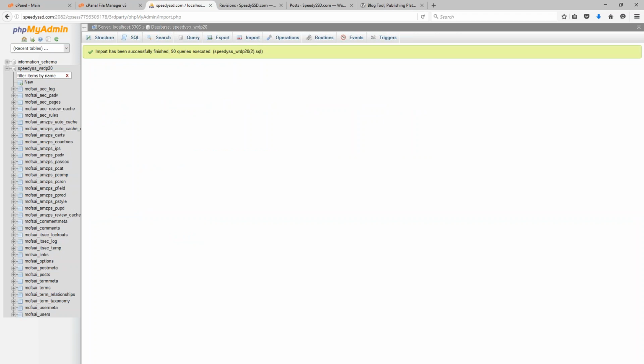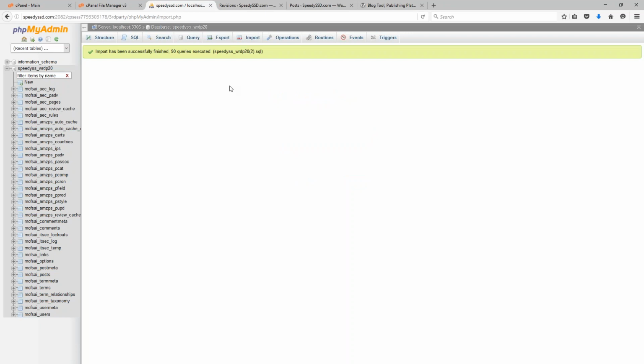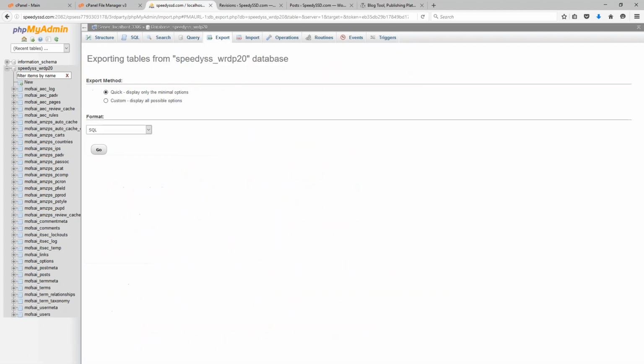If you do find yourself having to clean your database content after you have cleaned all of that content manually, looking at your posts and your pages, I highly recommend going into your database once it is clean and doing an export. Go ahead and make a backup of all of that cleaned content. That way, if you have any problems and you need to roll back, you can roll back and not have to redo all of that manual content cleaning again. So now, once you have your database clean, whether that is doing it manually or simply restoring a database backup if you do have one available,